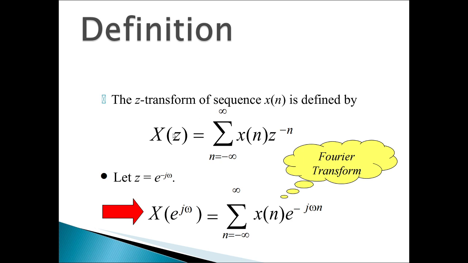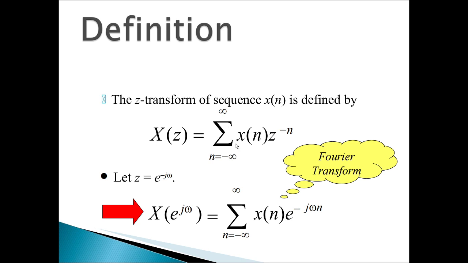In case of the Fourier transform, that is X of omega. In case of the Laplace transform, that is X of s, in which we have the integral from minus infinity to plus infinity, because the signal is there continuously from minus infinity to plus infinity. But here the discrete time signal is there at some specific intervals of time between minus infinity and plus infinity. At specific intervals of time only the signal exists, so that we can make use of the sigma here.